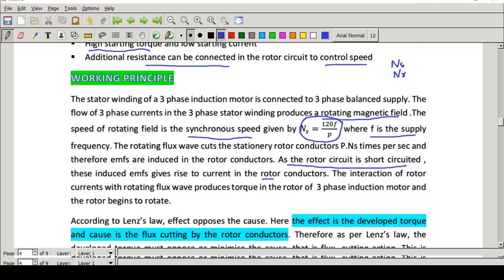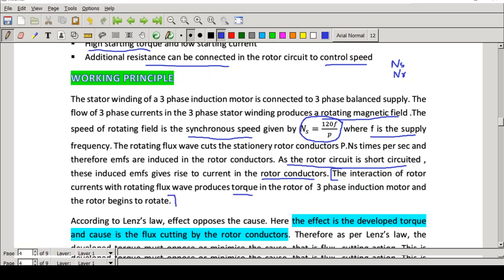Since the rotor circuit is short circuited, when this EMF is induced, current will start flowing through the rotor conductors. Now, there is an interaction of a current carrying conductor in a changing magnetic field. So, what will happen? A torque will be generated. This is very important: the interaction of the current carrying rotor conductors with the rotating magnetic field will generate a torque, and this torque will cause the rotor to